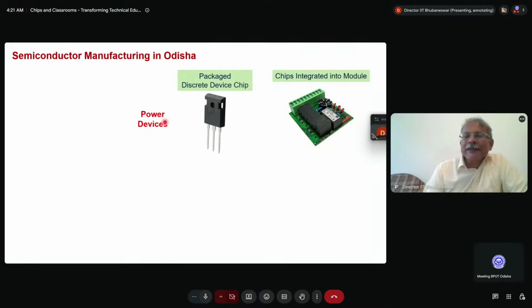So Gujarat is concentrating on integrated circuit chips in silicon. Odisha, on the other hand, is concentrating on power devices. Power devices means those devices which handle large amounts of current and voltage. They are used in electric vehicles, then rail